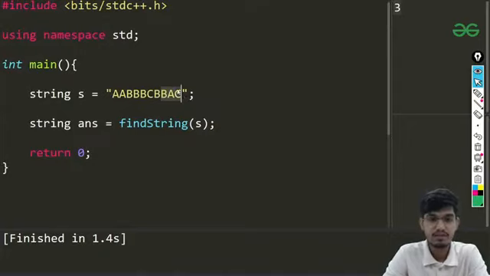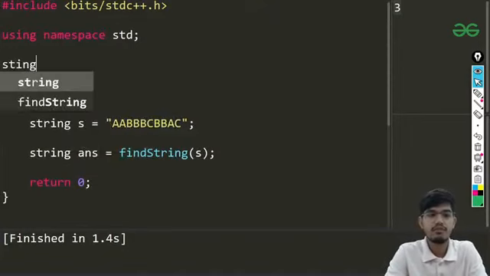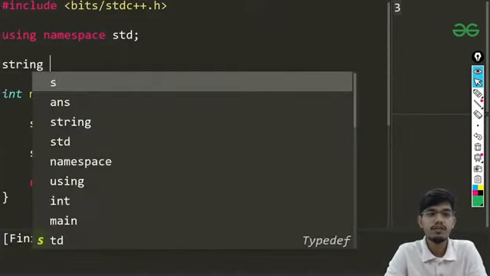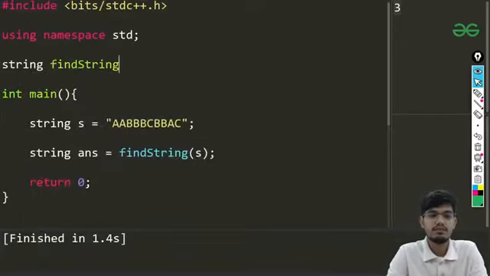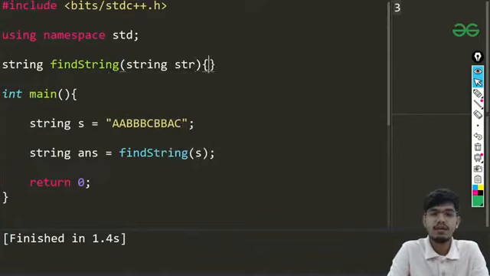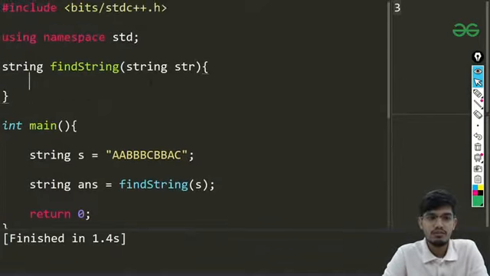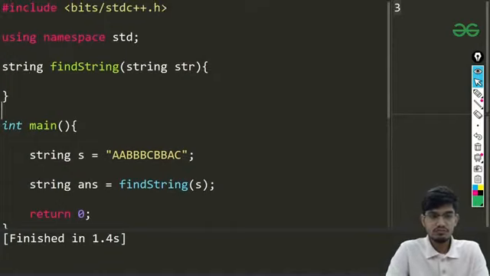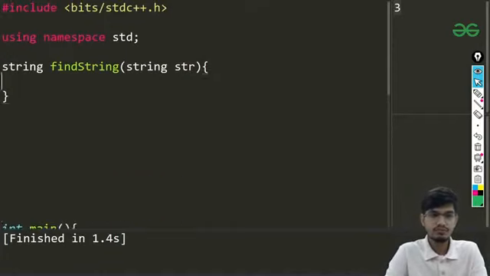So we'll be making the function of string type. So I'll be writing string, and then string find string basically, and I'll be taking the string str. First thing is that I just need the length to deal with this. So I'll be just pushing this little below, and I'll be coding here.